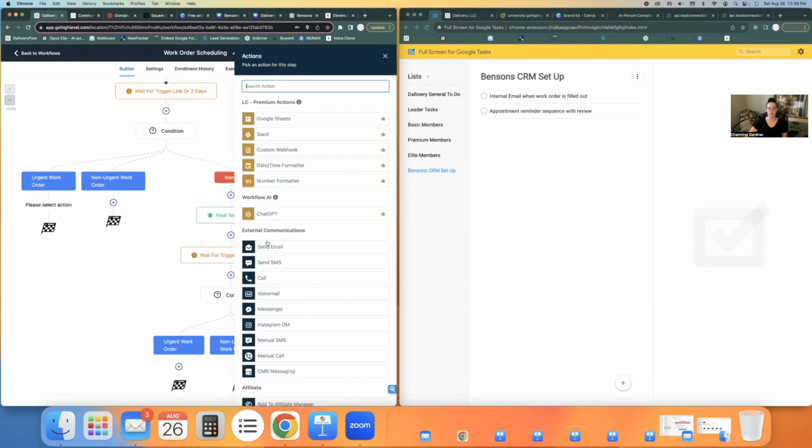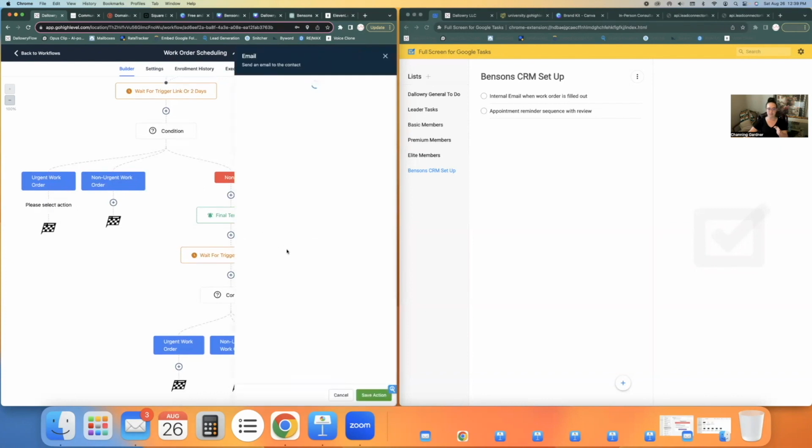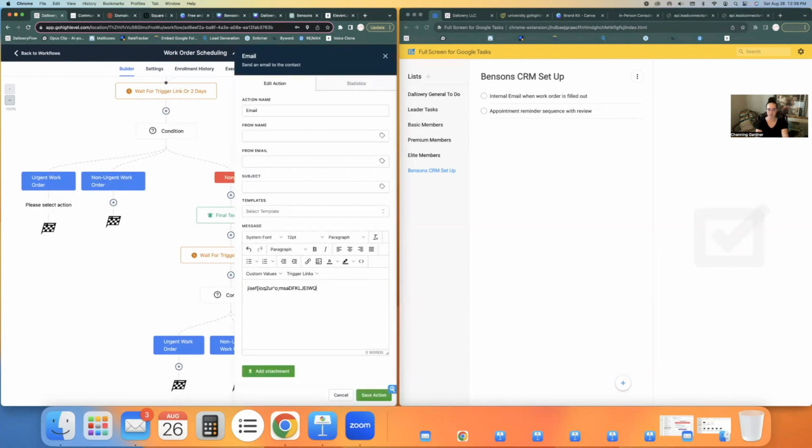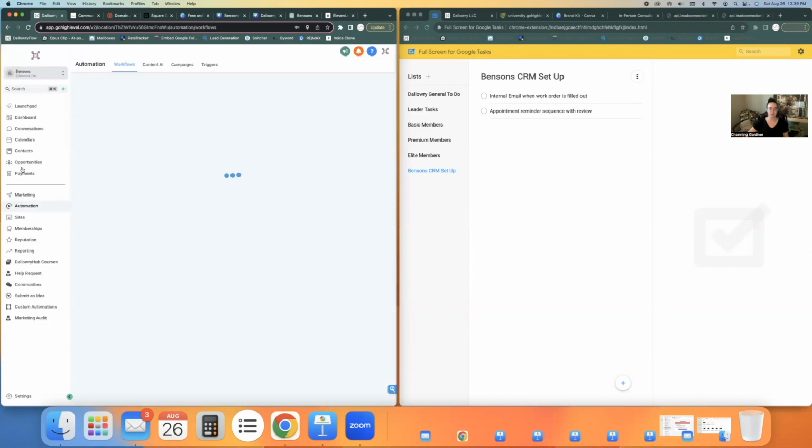And before we send an email, I always recommend that you utilize email templates. And the reason being is if we create an email in here, if we hit send email and we type a message here, and then anything with this message needs to change, we have to come find every single one of these individual emails in every single one of these automations. Where instead, if we come to marketing